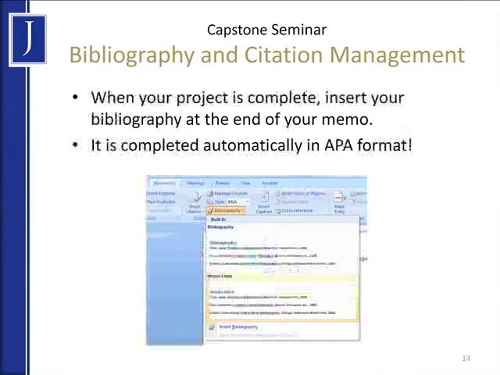Of course, you may be wondering how this system manages the bibliography that appears at the end of your paper. When your project is complete, you go to the end of your paper and you insert your bibliography at the end of your memo. You do this by putting your cursor at the end of your primary memorandum and then selecting the Insert Bibliography option, and the bibliography is inserted